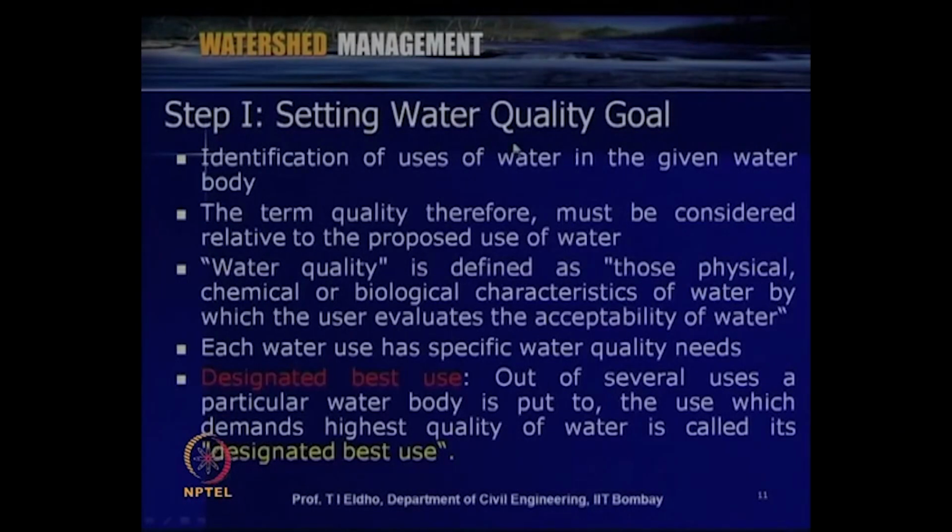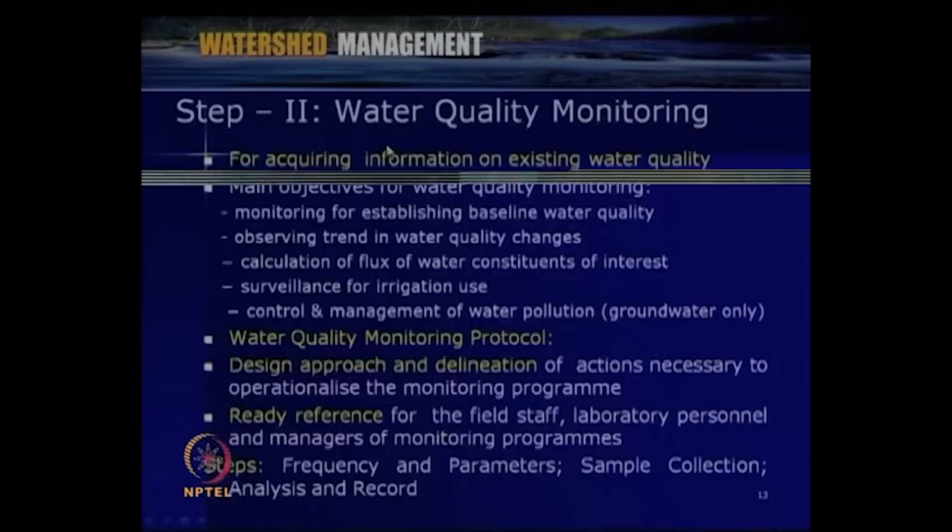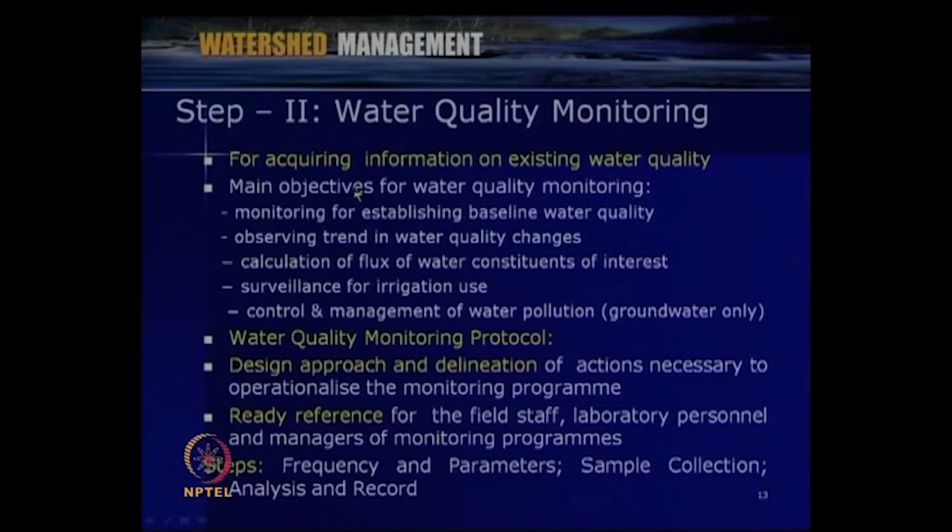So, that is about the first step. The first step was on setting water quality goals, and now the second one is water quality monitoring. Once we set the goals, as we discussed in step number 1, various sources like surface water sources such as rivers, lakes or reservoirs, or the groundwater aquifers, we have to continuously monitor for water quality, and see that for the intended use the quality is meeting those particular goals or values. So, that way step number 2 is also very important.